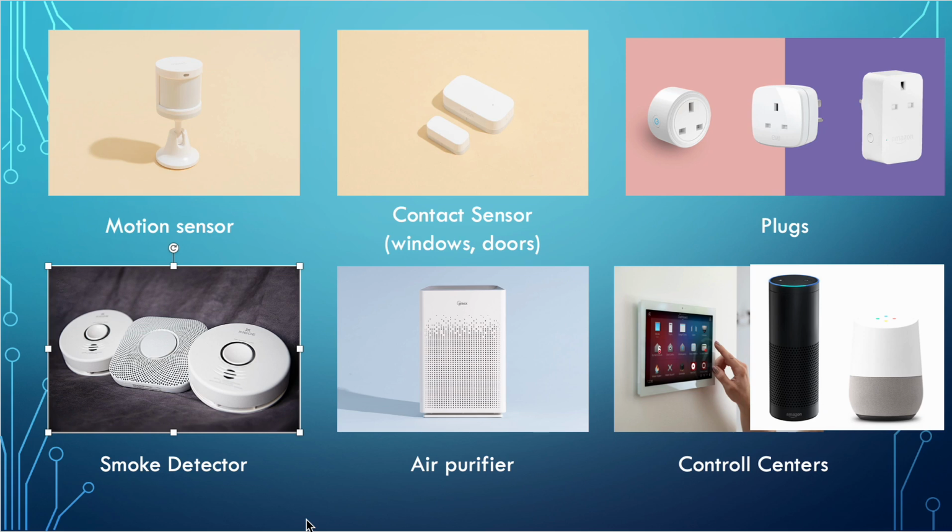So rather than having smoke detectors individually sounding alarms, if you have a smart smoke detector, an IoT device, then when the smoke detector detects smoke, which means a fire, it can